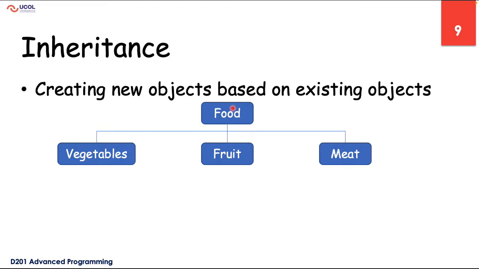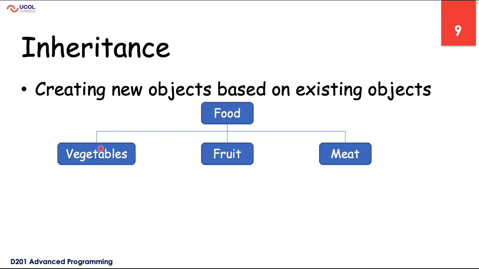There are different types of ingredients, and you can say that these ingredients are available in every way. You talk about the meat, we have fruit, we have vegetables, so different types of fruits, but still they inherit, they have the same properties which are present in the food. If they have the same properties which are present in the food, then they can inherit. They don't need to rewrite those values here in the vegetables or the fruits and the meat, and